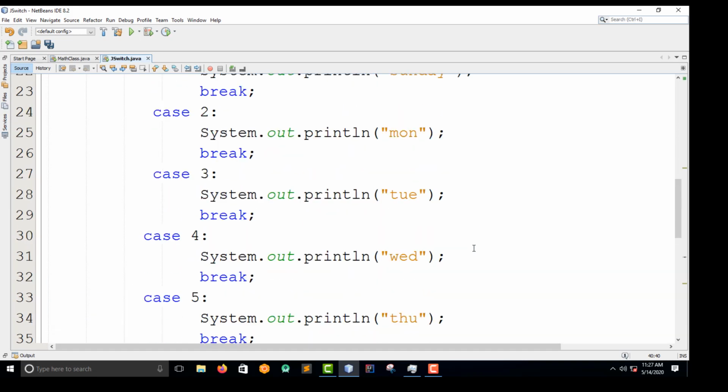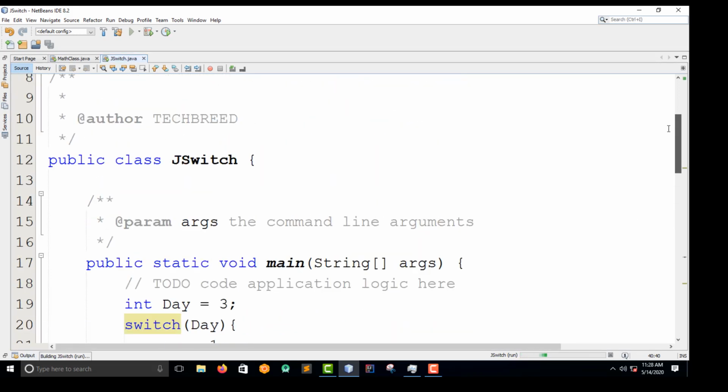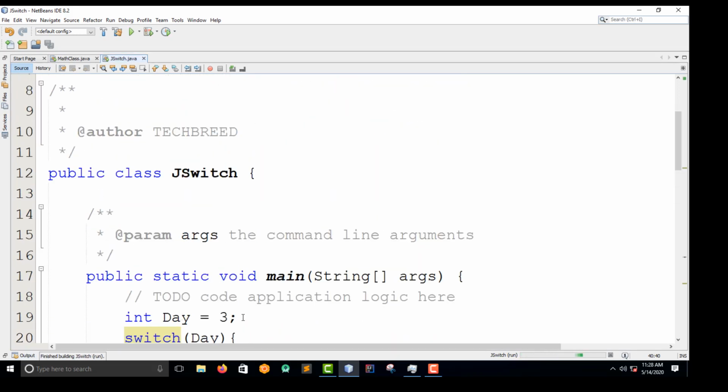Well, now guys, our switch. We're done with the switch. But let's run our application first and see what we have. So I want to run this and see on the console what we should be having. So I think guys, up here we just declared day 3. So it's going to find day 3.